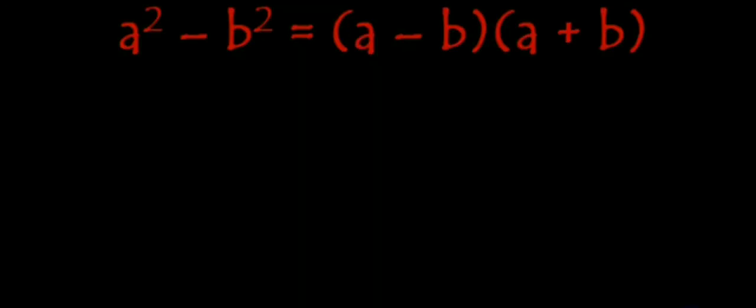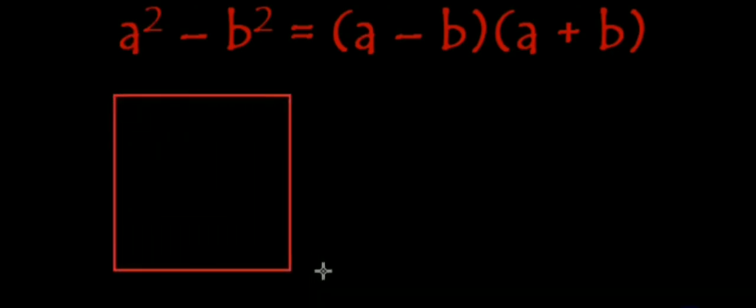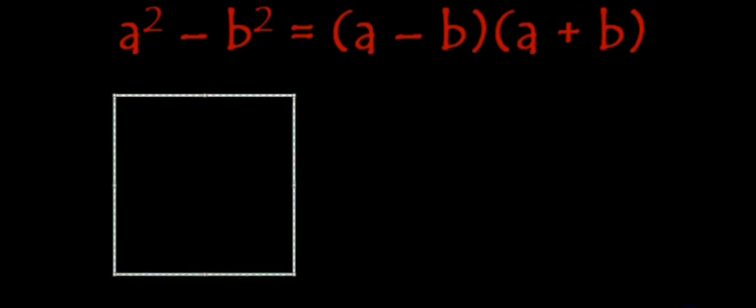So the identity we are going to learn today is A square minus B square. So A square is the area of a square whose one side is equal to A. So let me make a square. So this is the square of each side equal to A, right? This means that this is equal to A, right? And vertically also it will be equal to A, right? And what about the area of this square? The area of this square is A square, right?